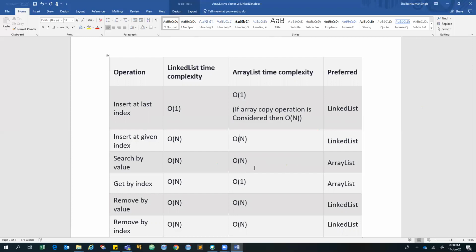And if you don't have insertion and deletion operations many times, like insertion from any end or at any position, and deletion from any end or any position, if you feel there are not many such operations in the application, then you can go for ArrayList. But if you have a lot of manipulation operations like insertion and deletion from any position, I think you must go for linked list, because it will be helpful for you. Also, the biggest advantage of linked list is that